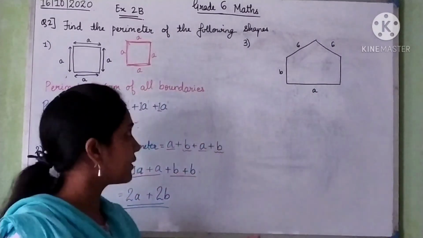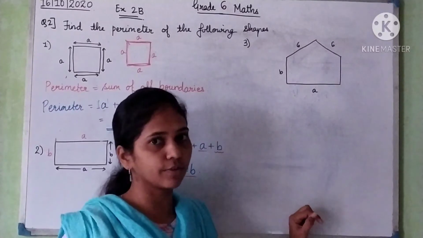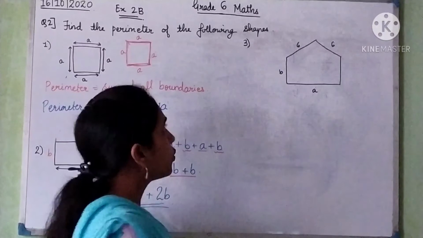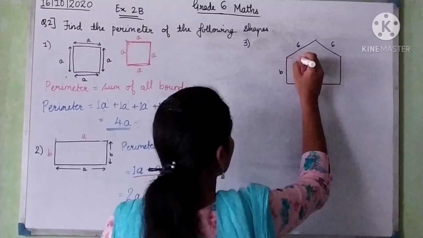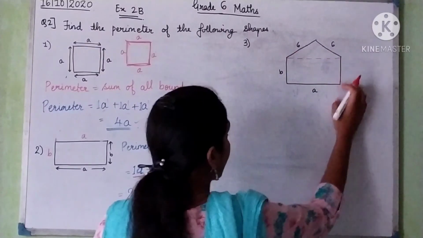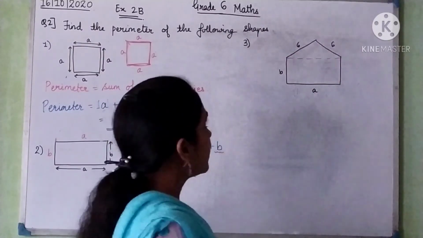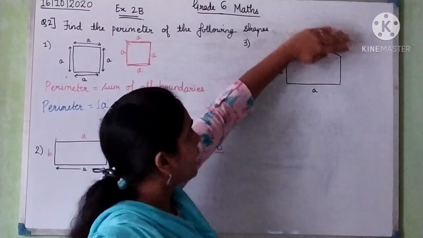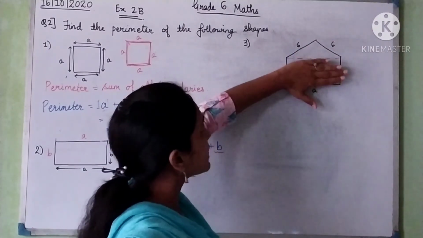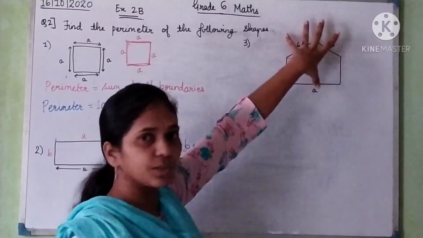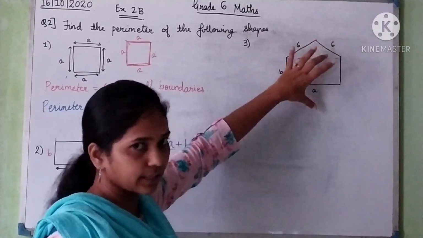Now the third figure, you can see that this is an irregular figure. Irregular means we can say that if we take the lower part of it, if we take only this much part of it, this forms a rectangle, right? If you leave this much part, you can see that the lower part is a rectangle. And if you leave this much part, you can see that the upper part is a triangle, right? So this is a figure which is made up of a triangle and a rectangle together.